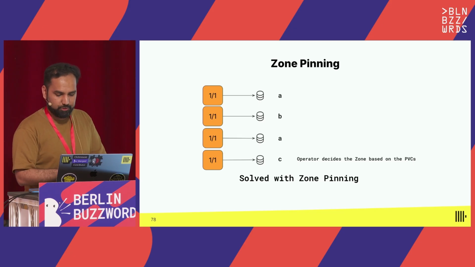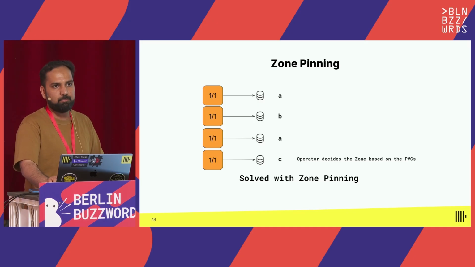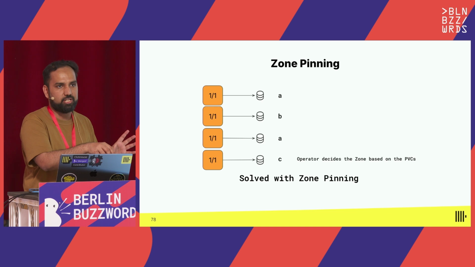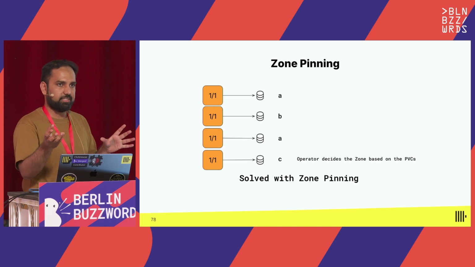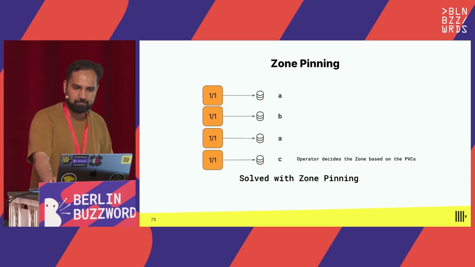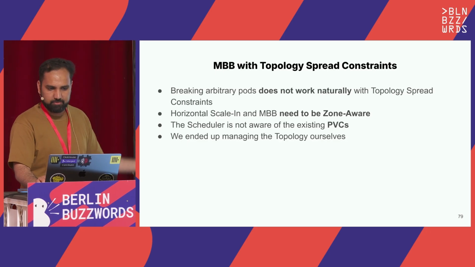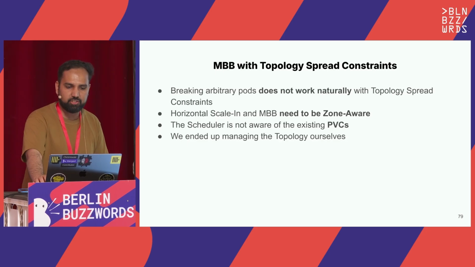So all of these problems were solved by what we call zone pinning. Basically, don't rely on the scheduler to pick the zones. Do these things yourself as well. So store the state of your AZ zones, and then every time you're adding or removing replicas, recompute the zone balance, and then pick whichever zone does not have a pod inside it, or whichever one has the least number of pods. Pick that one to provision your pod in. Yep, I think this is mostly just a summary of what I just said. You just end up managing the topology yourselves.